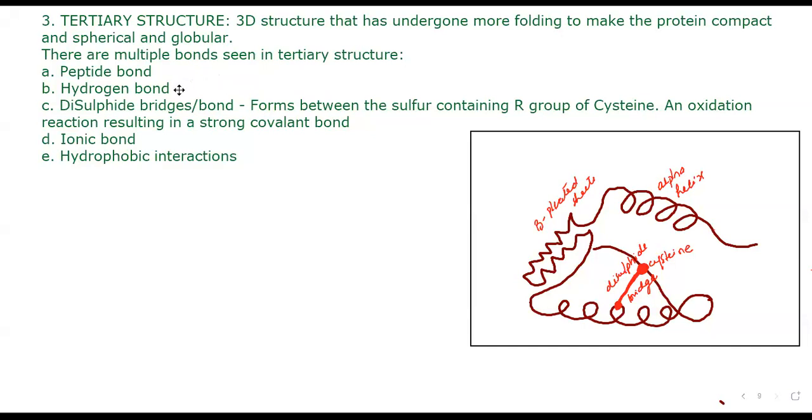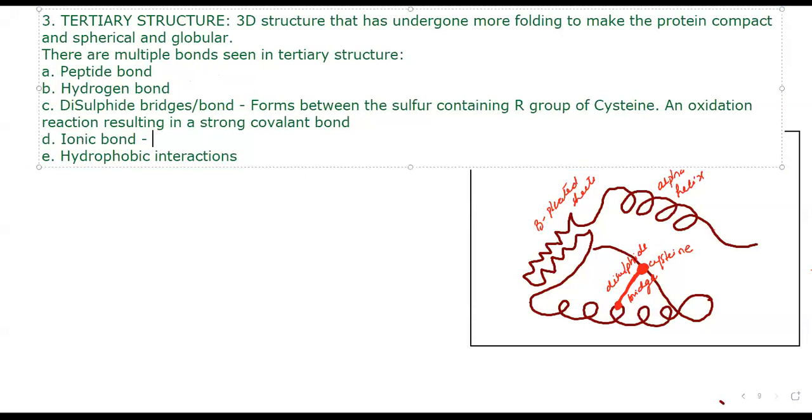All right, the next bond that I mentioned to you was that we can also have ionic bonds. Ionic bonds will also form between R groups. Keep this in mind: the disulfide bridge, ionic bond and hydrophobic interactions form between R groups. A peptide bond happens between the amino acids, between the carboxylic group and the amine group. A hydrogen bond is also with the carboxylic acid, between the oxygen and the hydrogen. But disulfide, ionic, and hydrophobic have nothing to do with the carboxylic acid group and the amine group. They have everything to do with only the R group. This is why the R group is important.